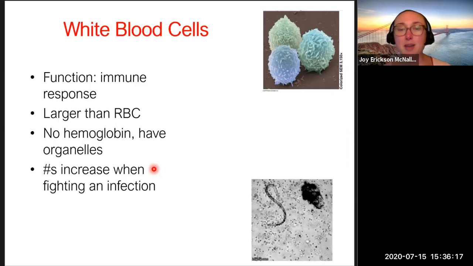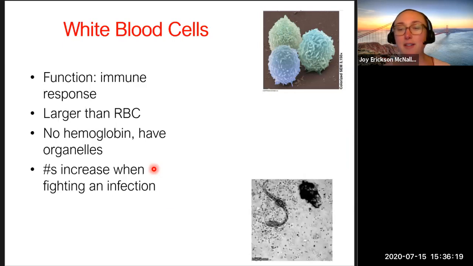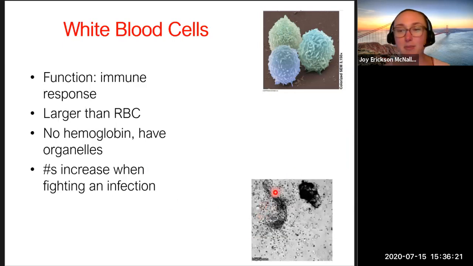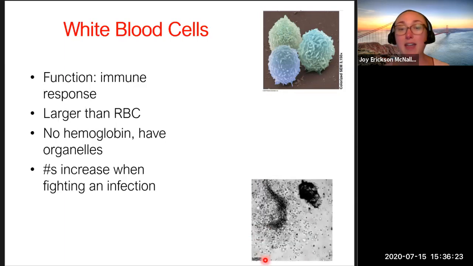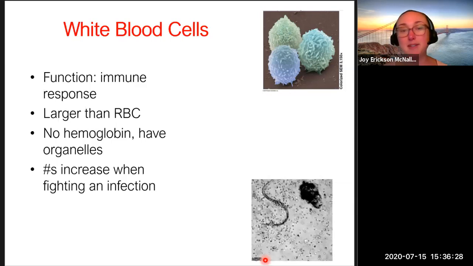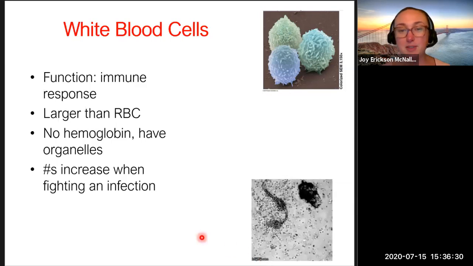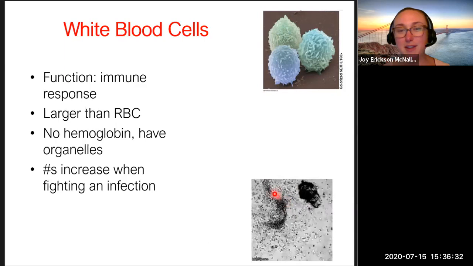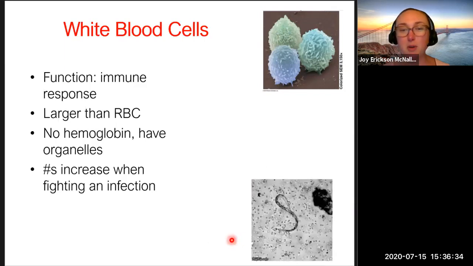And then here's another example. This is white blood cells. All these little dots here are white blood cells, and here's a parasitic worm. And they are going to town, doing their job, trying to take out this threat, right? So let's see them swarming all over this infectious nematode.